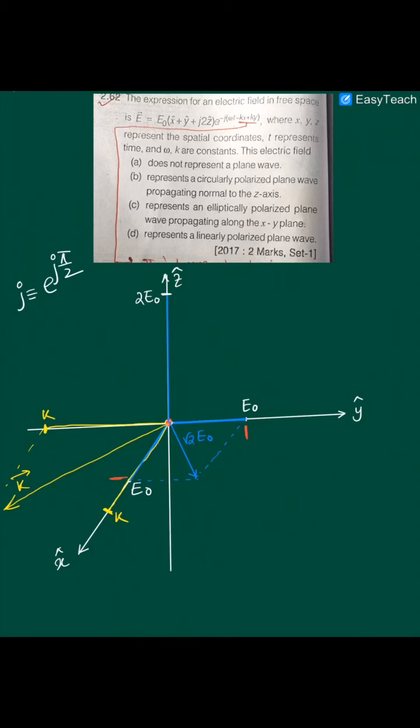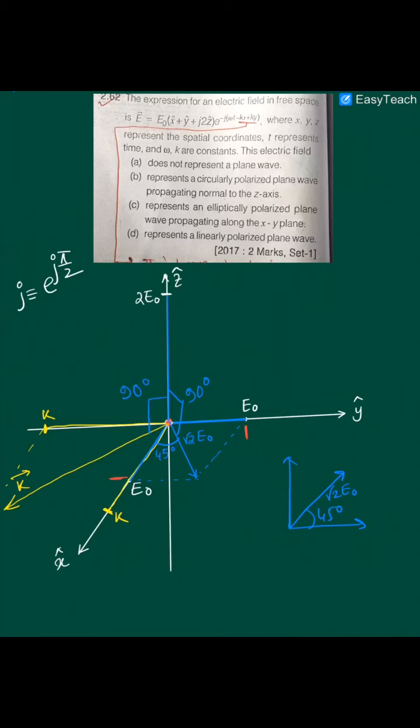Okay, and you can easily verify this angle is 45 degree because the two lengths are the same. Okay, because if it is E0 then the resultant vector is root 2 E0 and this angle is 45 degree. You can easily verify. Now this resultant vector is on the xy plane, and the z component is on the z axis. Okay, so this angle is basically your 90 degree. Okay, and this angle is also 90 degree